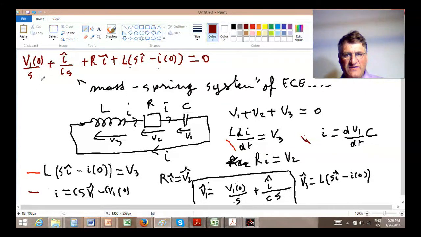Now, we recognize the familiar components of a second-order differential equation. Indeed,